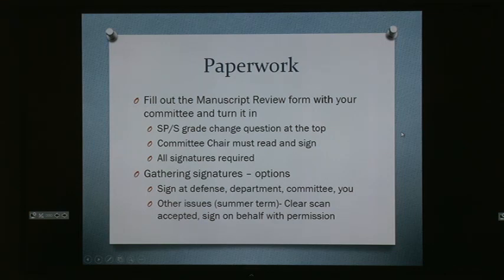And if you're dealing right around deadline time, that can be a very panicky moment if you don't have access to somebody. So other issues can be, again, if somebody's on vacation, they've taken off, and you don't have access to them to get their original signature, there's a couple of options. You can scan the form to them. They can sign it and scan it back. As long as the scan is clear, I can accept it. Or another committee member can sign on their behalf, as long as I have permission, like via email. Dr. So-and-so can sign on my behalf, the email's forwarded to me, signatures are gathered, we're all good.